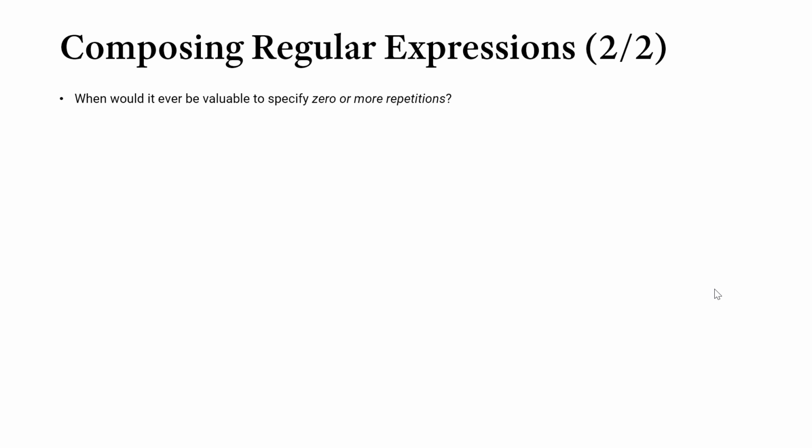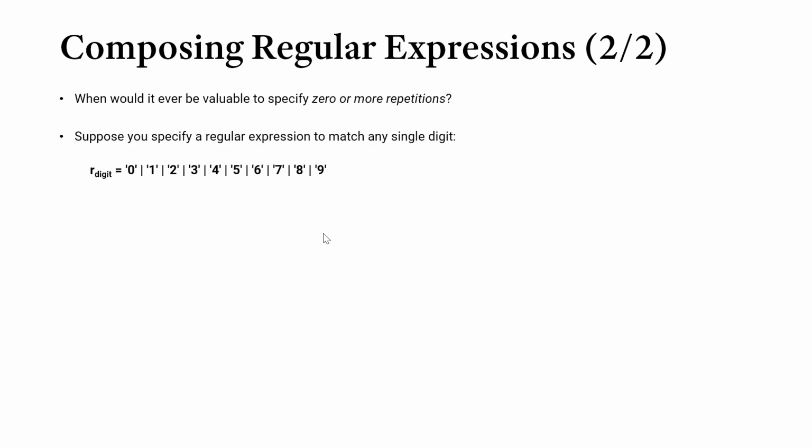So when is it ever valuable to specify 0 or more repetitions? As you saw, as I was trying to come up with examples on the fly of where this would be valuable in searching for words, it seemed kind of hard to come up with good, meaningful examples for that. But if we imagine we're trying to match a number, and we have a regular expression that specifies the digits of a number,